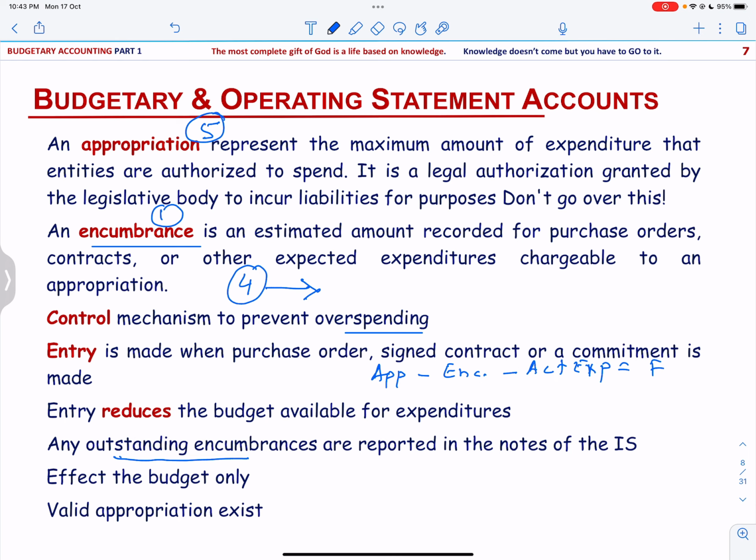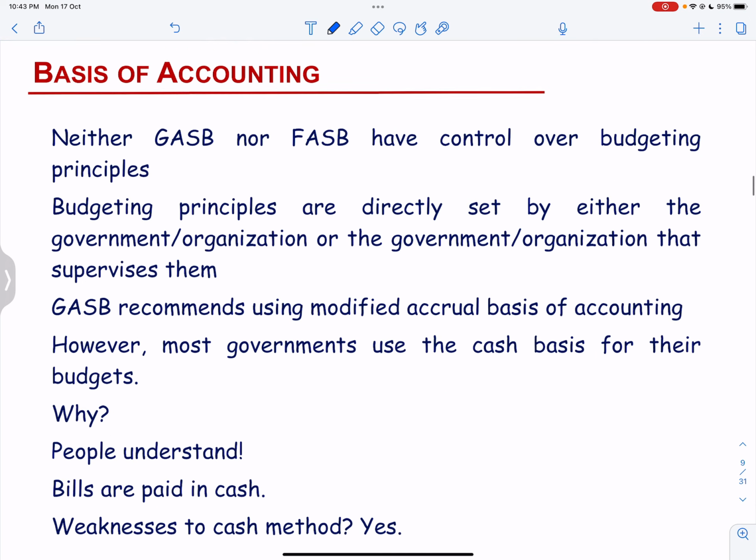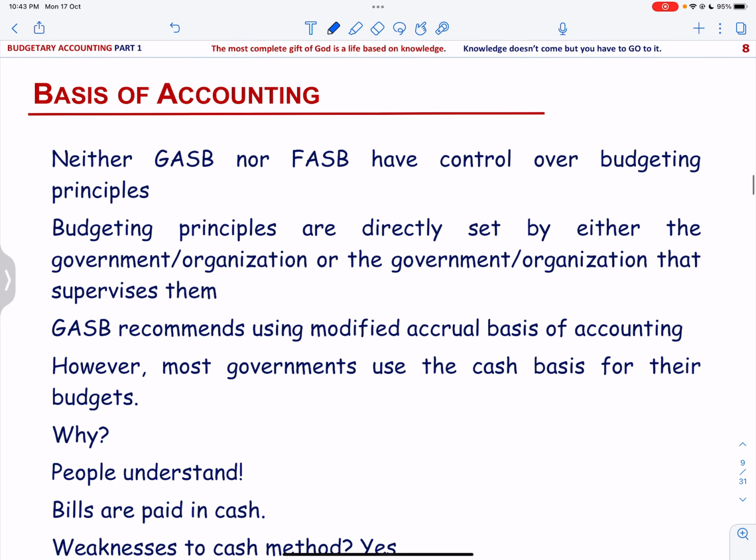Next, let us talk about basis of accounting for the budget. Neither GASB nor FASB have control over budgeting principles. The government entity decides on the method of the basis for the budget. GASB does recommend to use the modified accrual basis of accounting. However, most governments use the cash basis for the budget for two simple reasons. First, people understand it, and second, people are familiar with what they have paid and they are not much familiar with accrual or modified accrual basis of accounting,